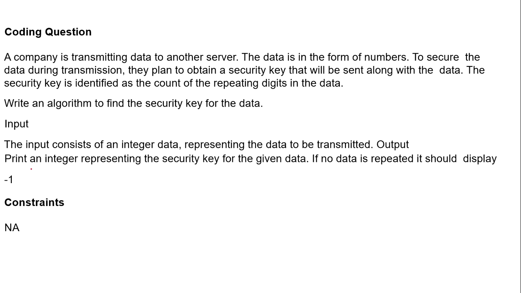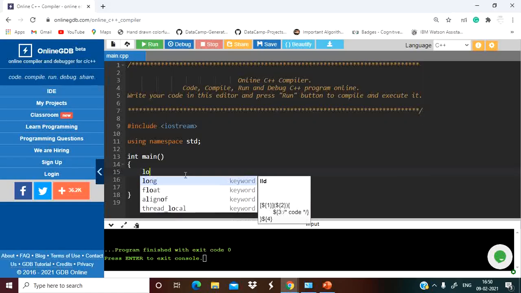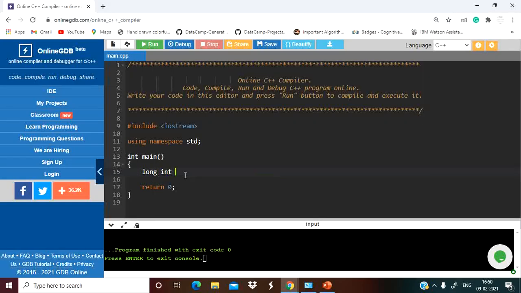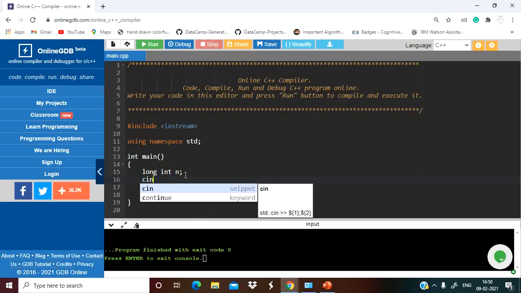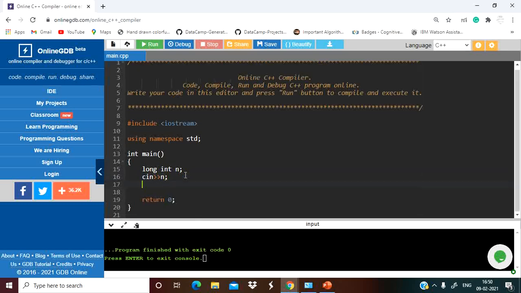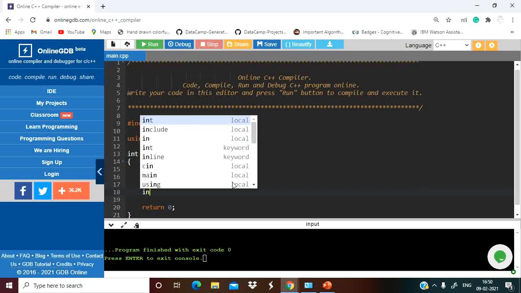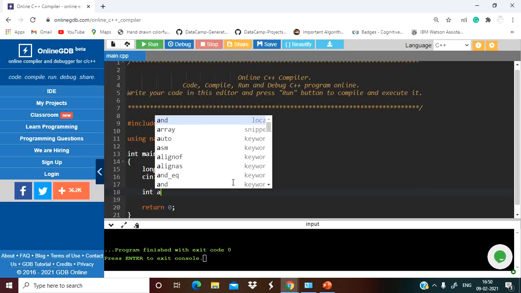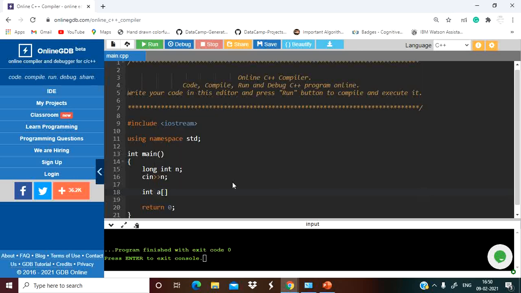I think the question is pretty easy, and let's see the implementation and approach at the same time. Let's take the number first. So long int n, we are taking this as input, right? And what next we will do, we will take an array, let it be a, right? How many digits do we have? 0 to 9, that is 10.